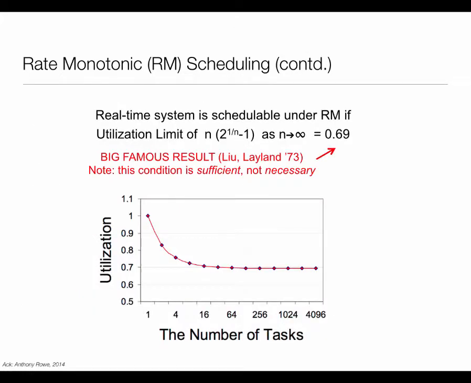This actually goes all the way back to the 1970s, when the rate monotonic algorithm came out, developed by faculty at Urbana-Champaign. The very famous result is the following. They showed that given a set of n tasks, if their processor utilization is less than or equal to n times (2 to the power 1/n, minus 1), then that set of n tasks, independent of what their C's and T's may be, will always be schedulable using rate monotonic.